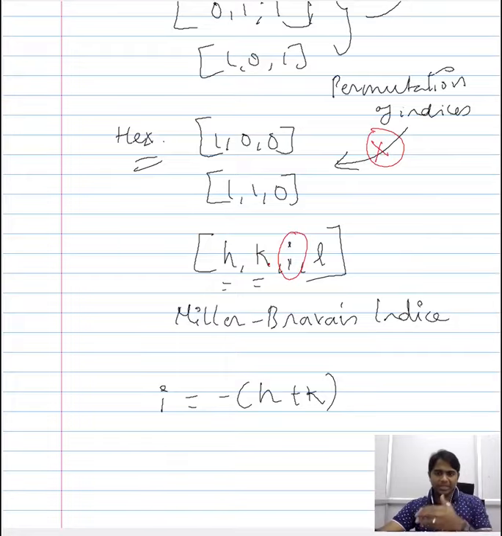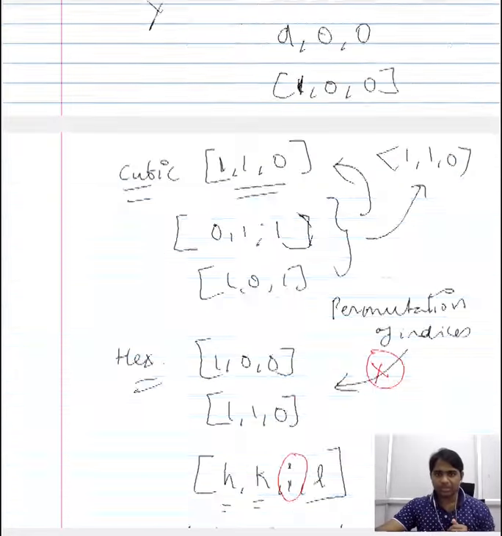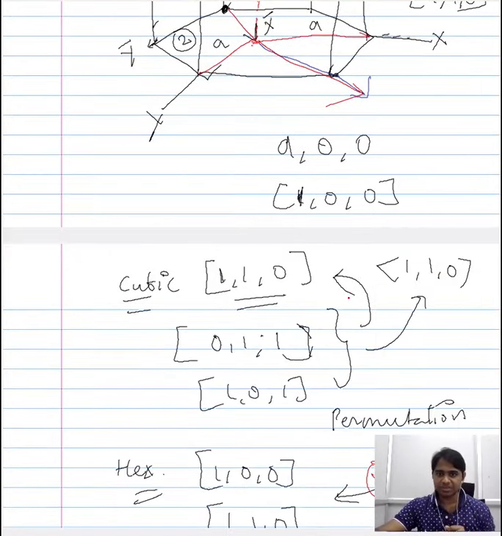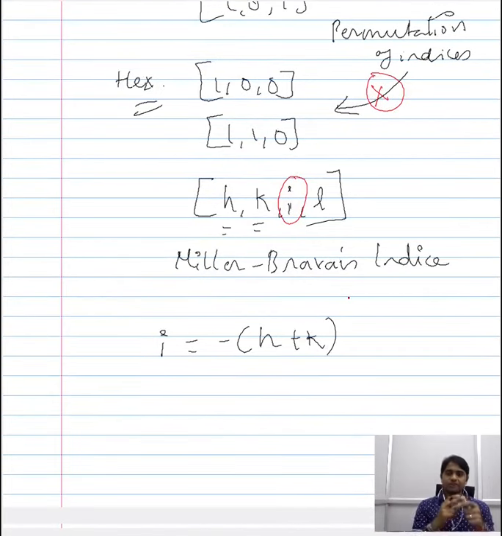When you want to talk about any plane or any direction, the way to calculate the plane and the direction within the hexagonal unit cell is also the same. We consider the intercept and its reciprocal in the case of the plane, we consider the projection in the case of the direction, and in both cases we factorize it. The approach remains the same even for the hexagonal unit cell.